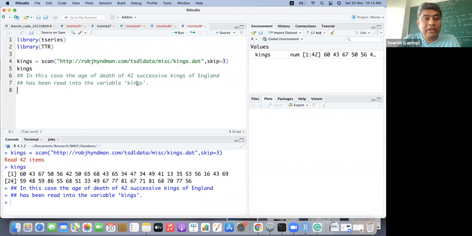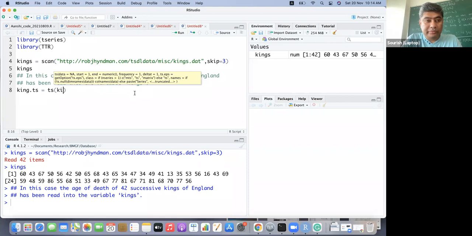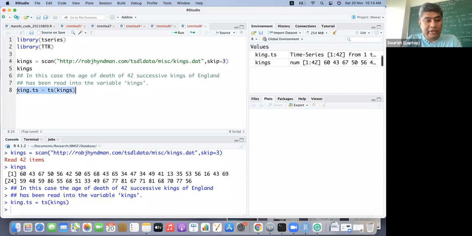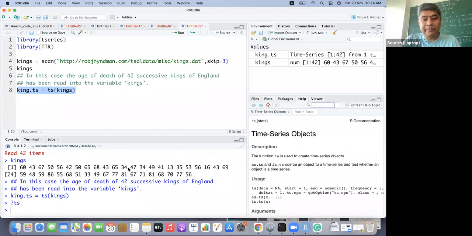So the first thing we can do is write this as a time series object, or ts. ts is a built-in function from the stats package.